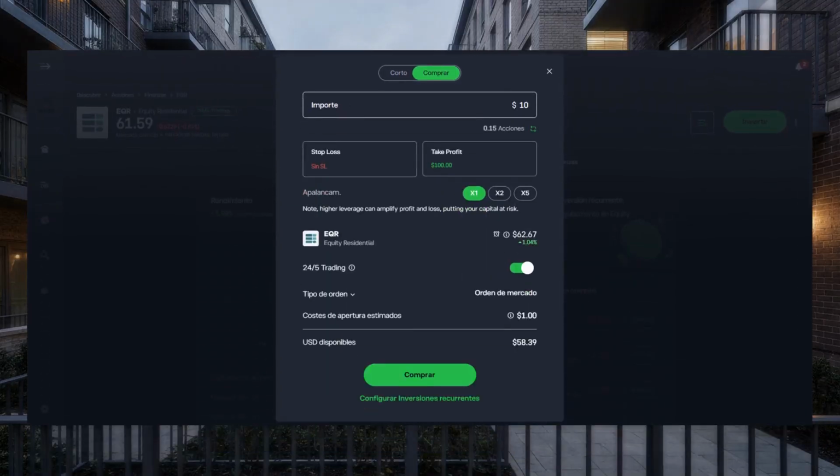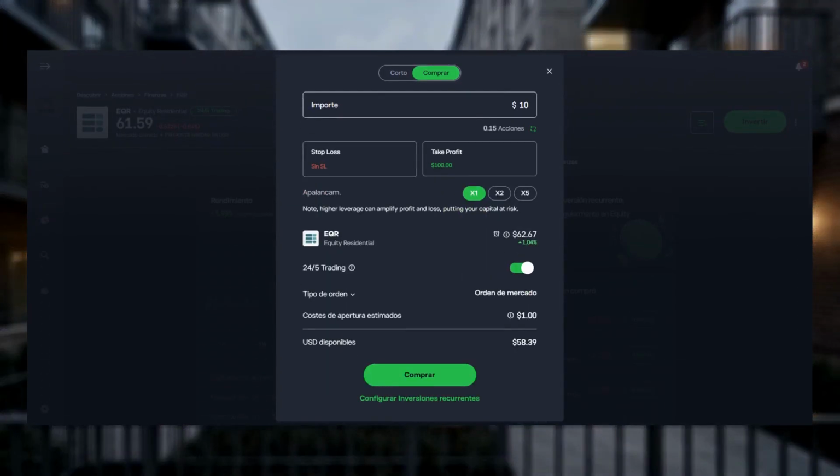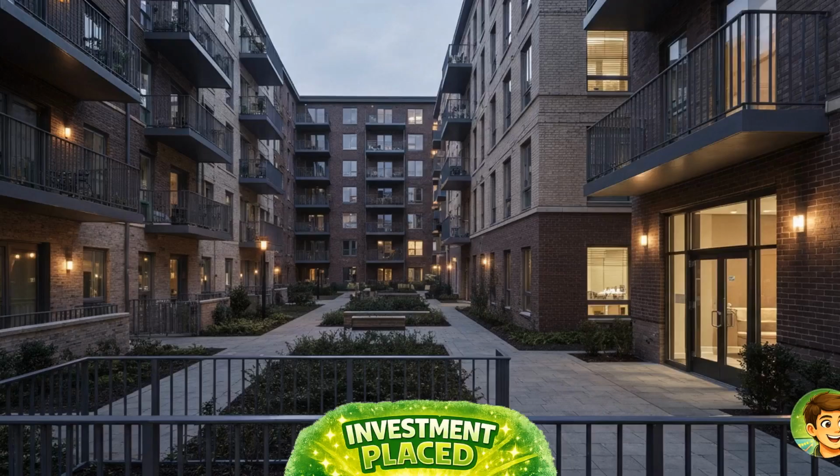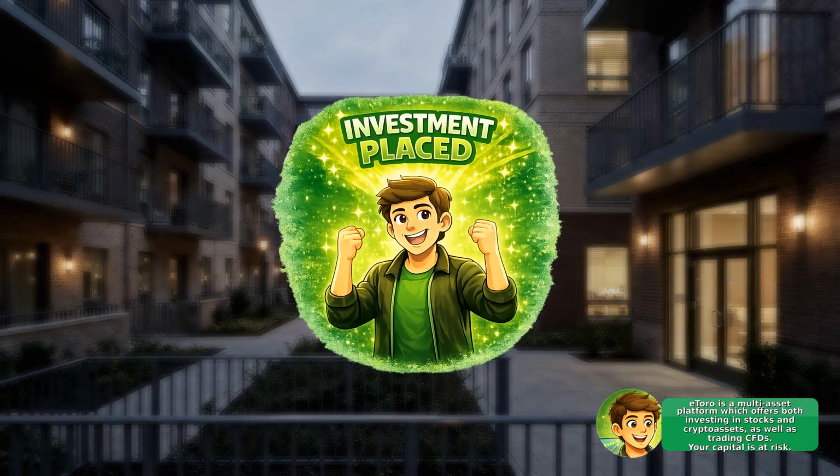To buy, choose Invest or Buy, enter the amount you want to invest, review the order details, and confirm the order. If the market is closed, the order may execute at the next session, and if you lack sufficient funds, the platform will prompt you to add them before confirming. After the trade executes, the position will appear in your